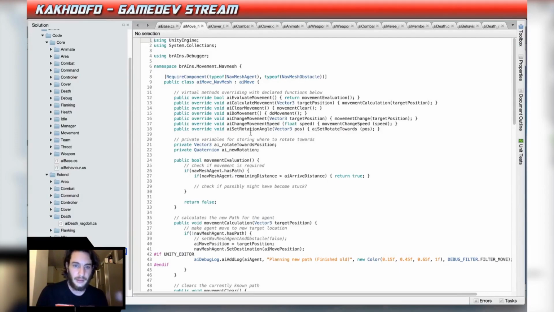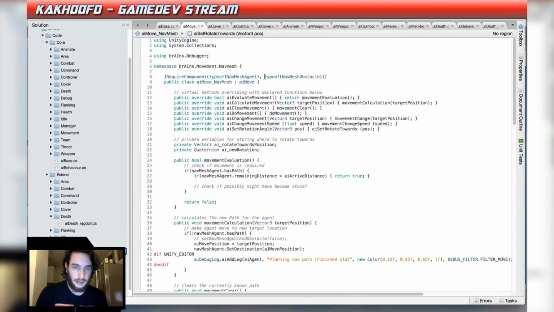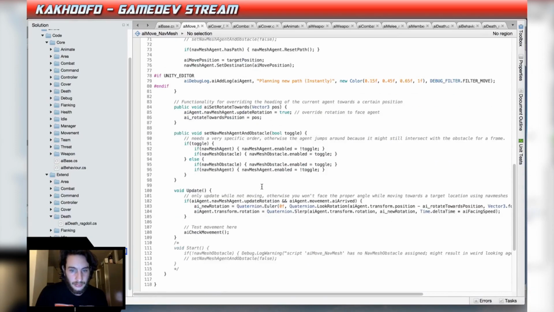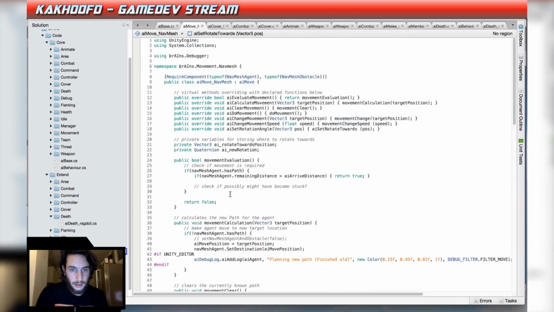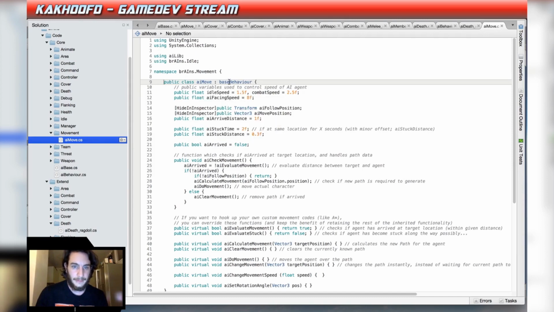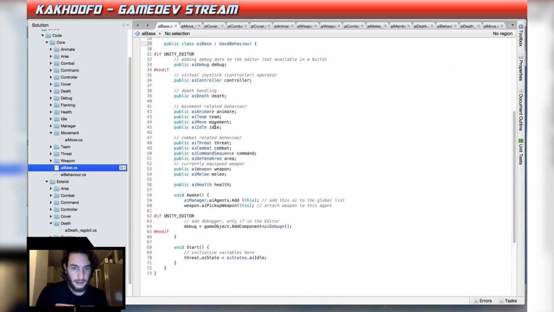Let's actually look into the code. Agent, nav mesh agent, which I think required components. Do I want to remove that? No, I don't. But AI. What's AI agent? This AI agent, I think, was move. I think actually that was part of base behavior. Yeah, there you go. AI agent. So that returns AI base. Yep. And that returned